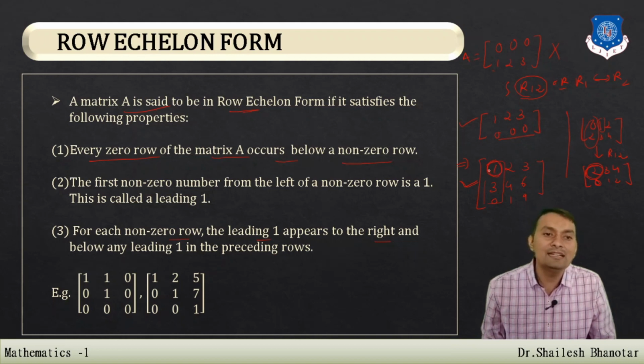Suppose you have given that this is the non-zero entry, and to make the row equivalent form, first what you have to do is, below the leading entry in the first row we must have 0. We can multiply the first row by -3 and add it to the second row, and that will give 0 here. Also there is 0, that means below the first leading entry we must have 0 in that particular column. Then the first step is over.